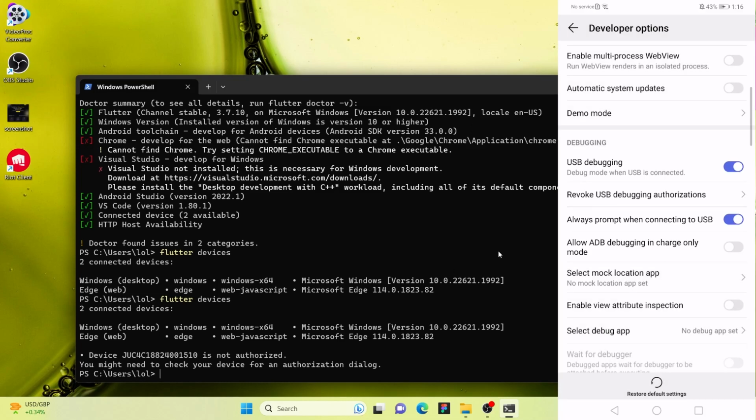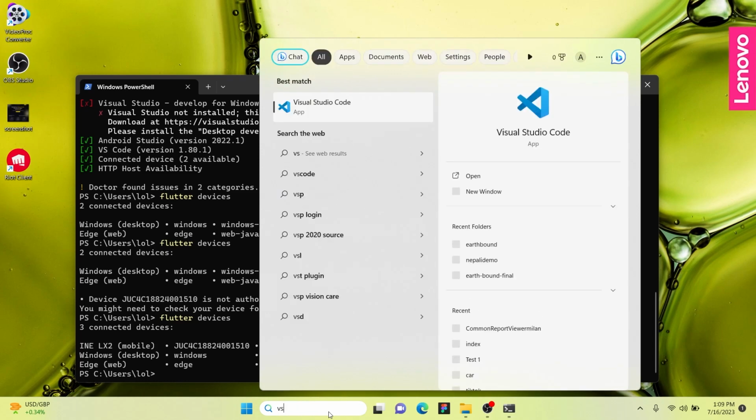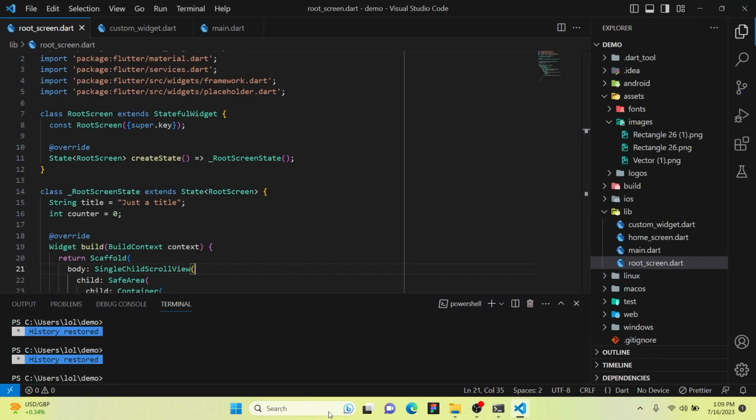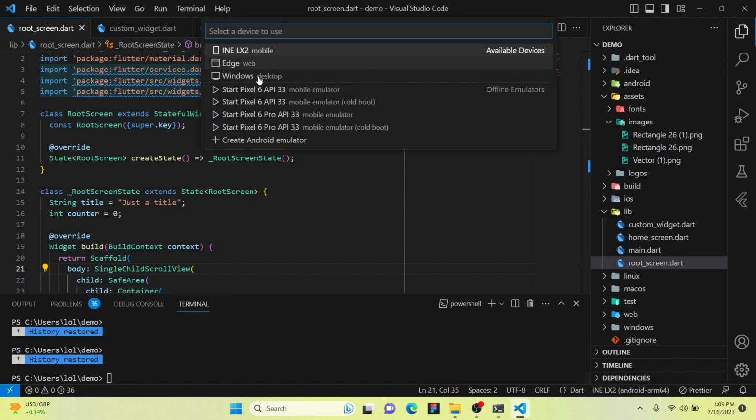So now that is enabled, let's try, and it shows that my phone is connected. So after this is done, let's see if we can run this application on our phone by going to Visual Studio Code and opening our previous file. And on the bottom right side, it should show, yeah, your device is connected. So if I were to run Flutter,